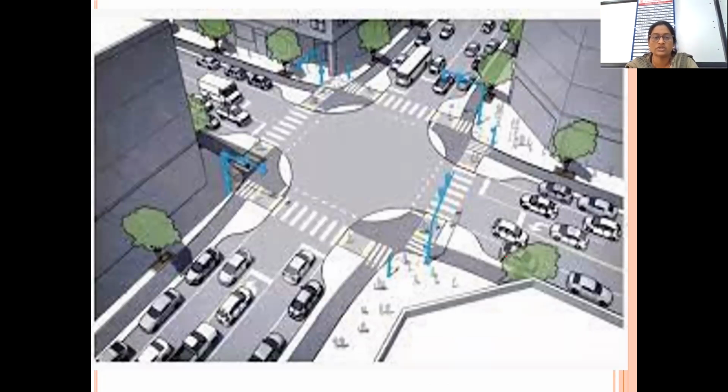This is a section of road, crossing of road. Okay, so what happens usually here? There are multiple vehicles coming together. Under the ground, under the road, there are sewer lines and they are intersecting each other. Suppose I told you, whenever there is a change in direction, whenever there is a change in gradient, whenever there is a change in diameter of pipe, at that place we need to provide the manhole. So in such intersections, we need to provide the manholes.